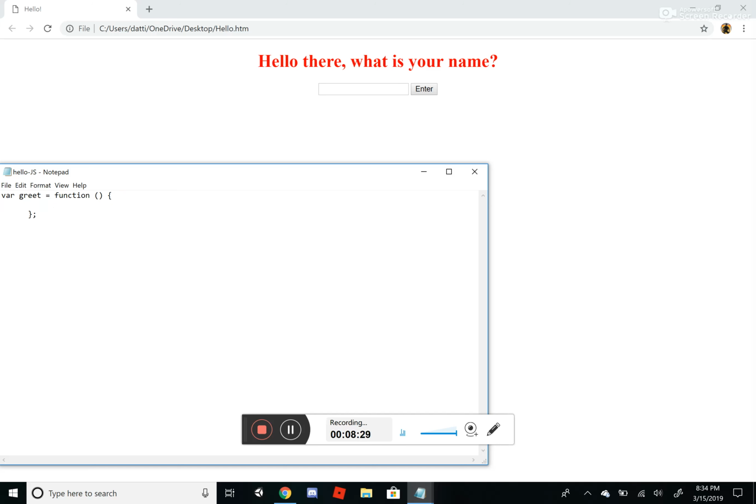So first of all, we're going to want to define our variables. So we're going to do var, which is short for variable, as I said, name, reply, then semicolon. Now we're going to have name equals document dot get element